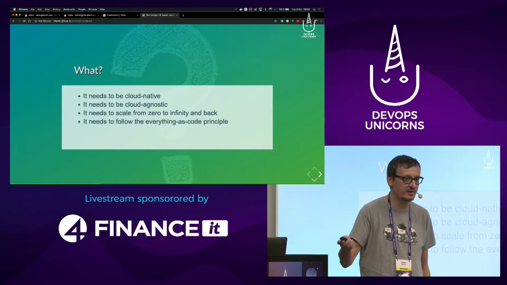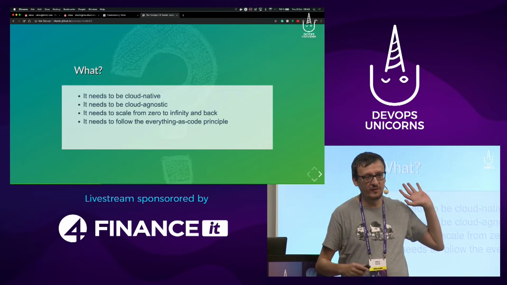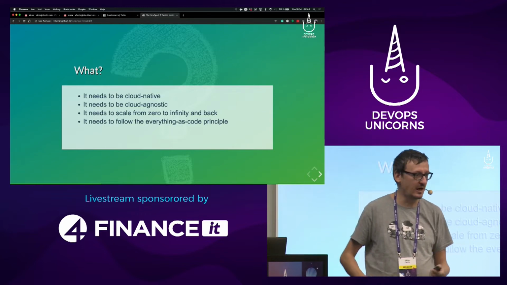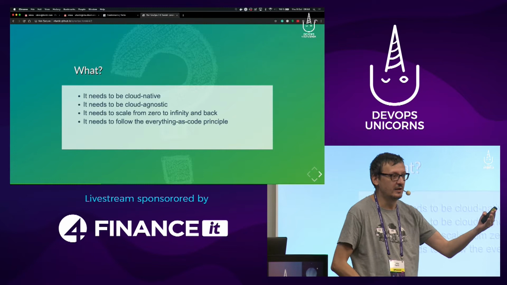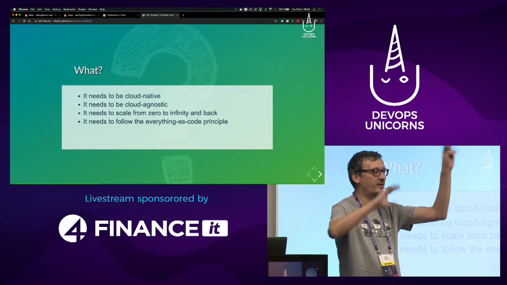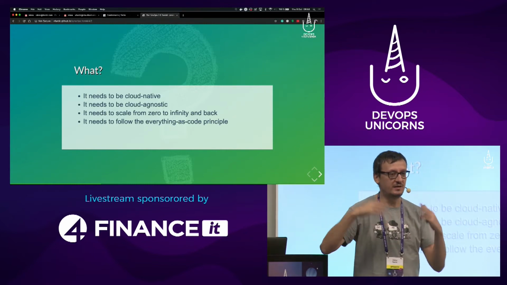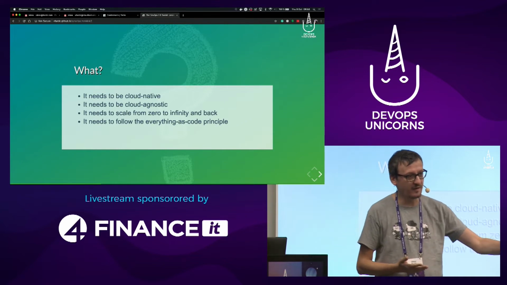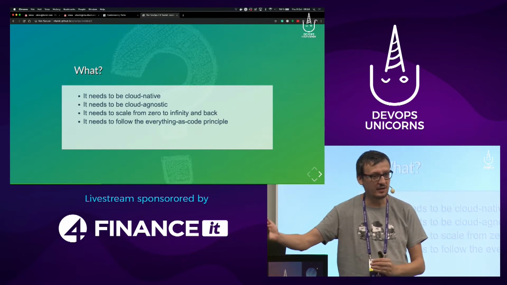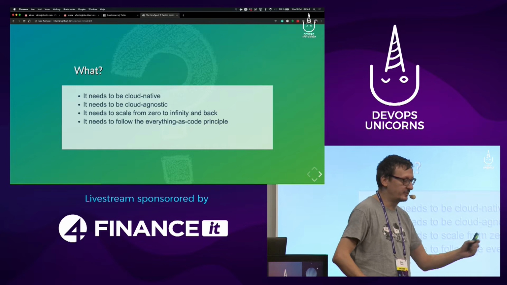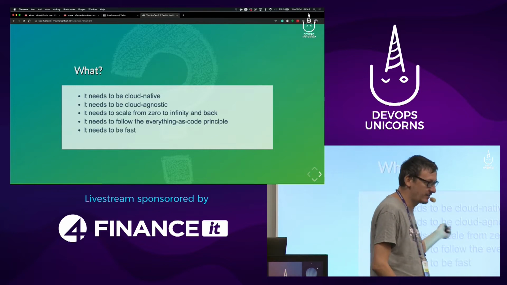Everything is code. You're not pressing buttons anymore. We moved away from that system long time ago. When I say we, I mean industry. So no more clicking buttons, no more filling some fields and drop-down lists and what not, right? Everything is defined as code. Everything is stored, and so on and so forth. Everything is very fast.